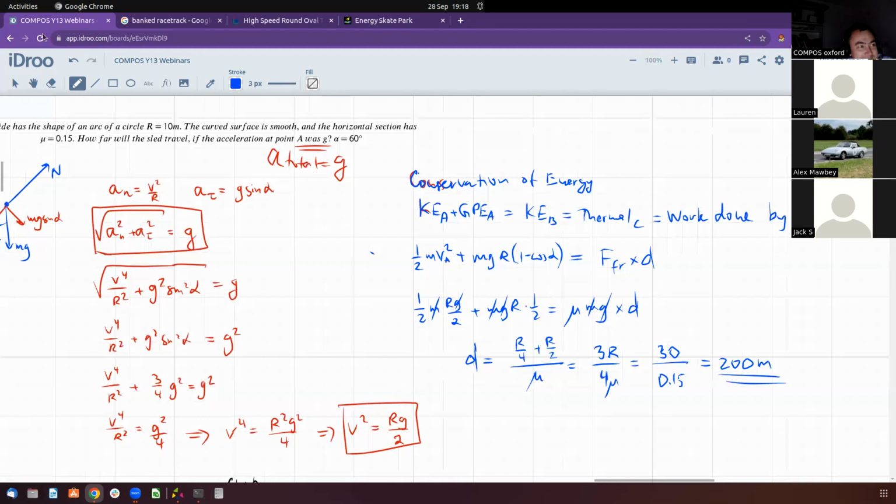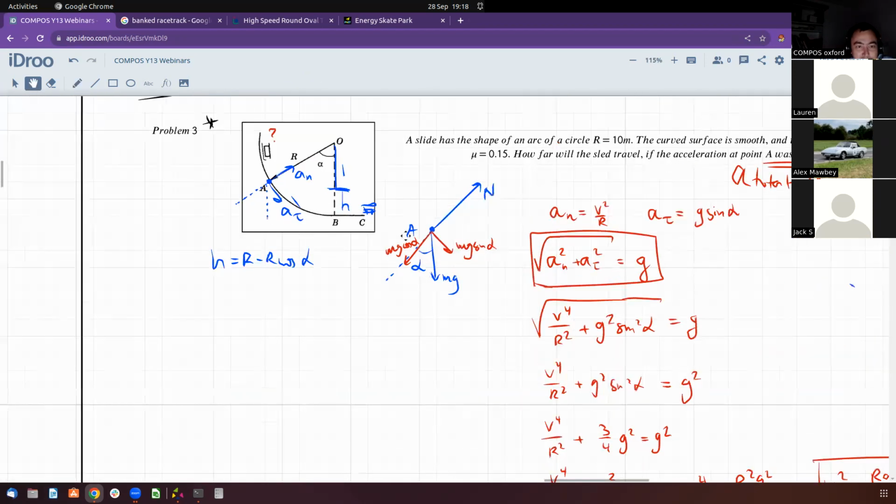So yeah, the key thing to look at here is the total acceleration at point A. And total acceleration consists of two parts, the tangential and the